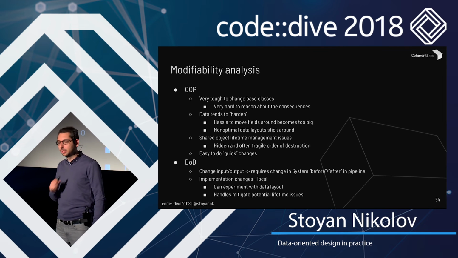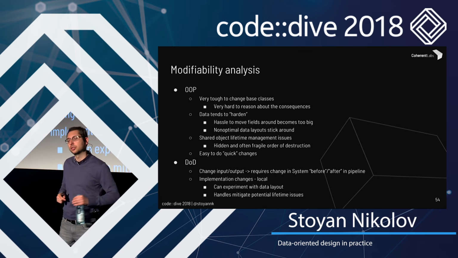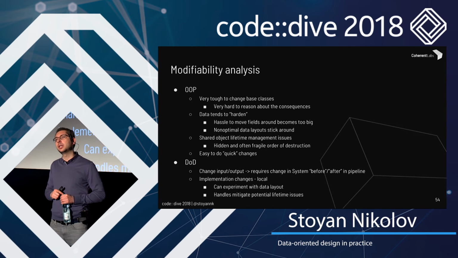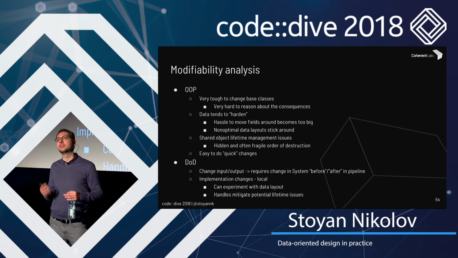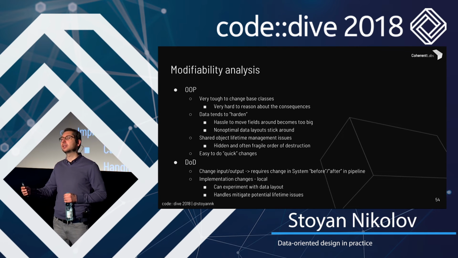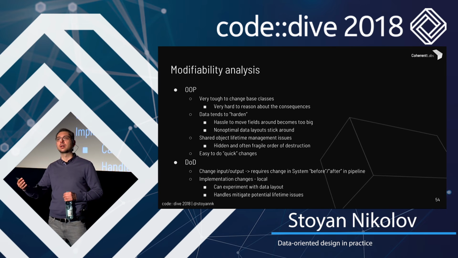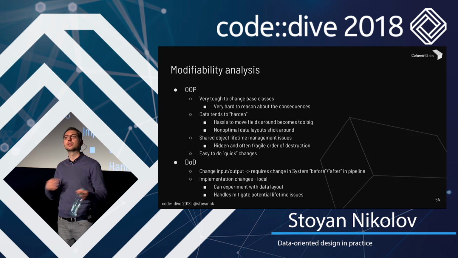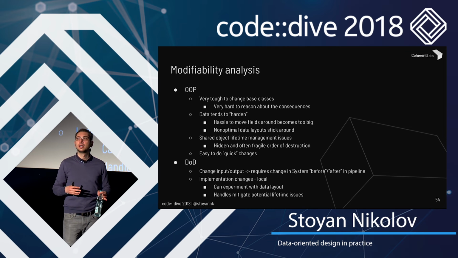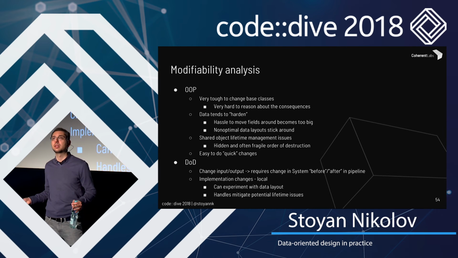Now the modifiability is very interesting, because here it's a bit of a double-edged sword. In object-oriented programming, doing some quick modifications is very easy. So let's say that the requirements change. You have to do a very quick modification. So let's say if something happens, don't play the animation. This is easy. You add a boolean, and you have if this, do that, else do the other thing.